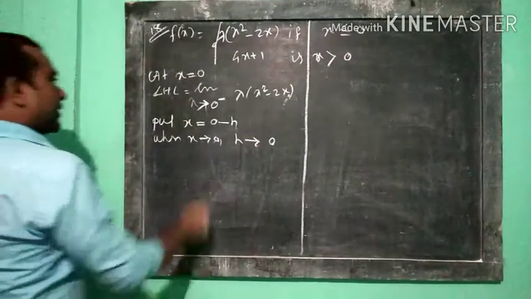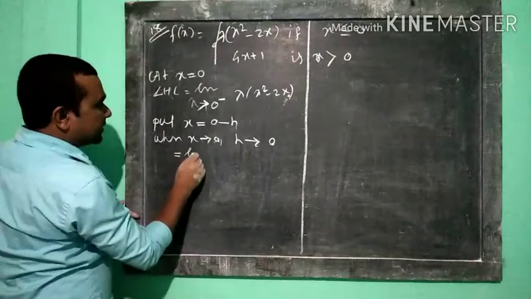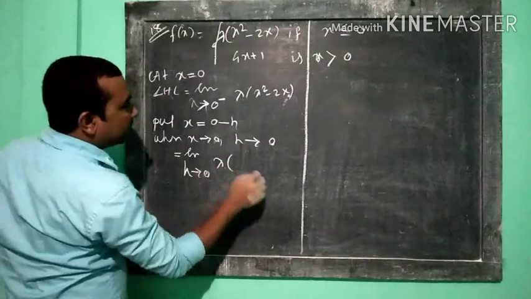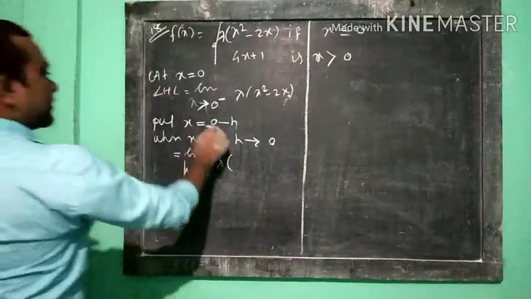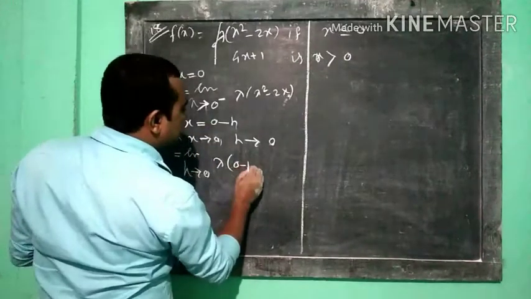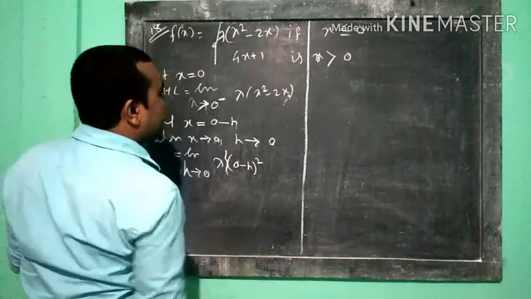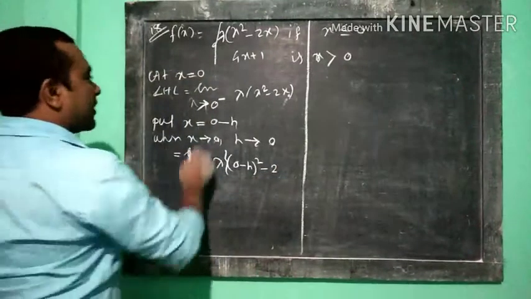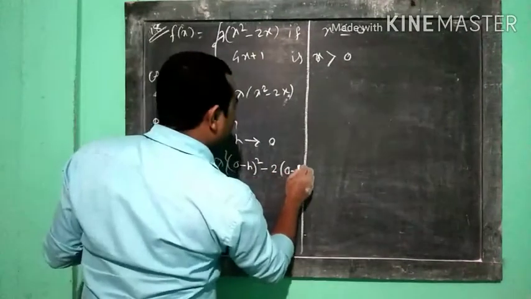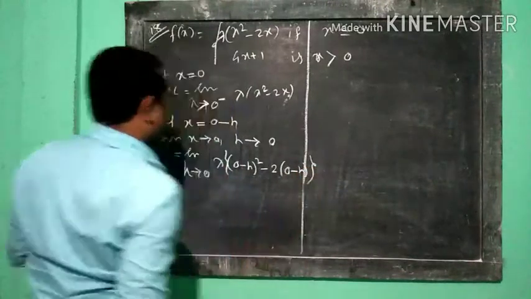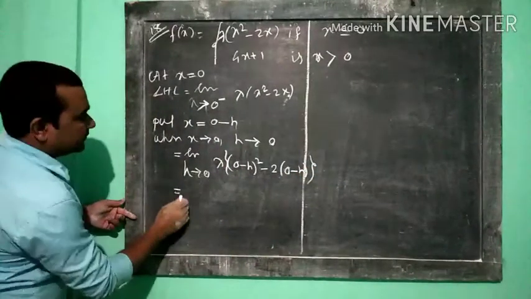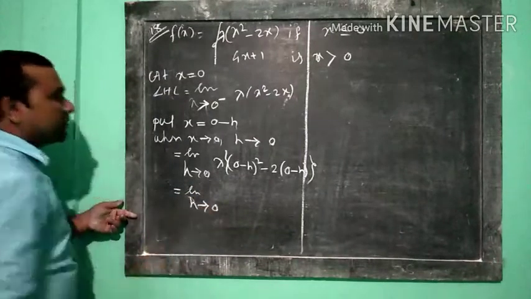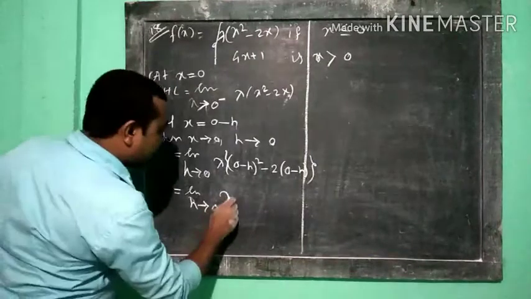So if we put in this equation, this is limit h tends to 0, lambda is lambda, and x is replaced by 0 minus h. 0 minus h whole square, second bracket minus 2x, where x is 0 minus h. This is equal to limit h tends to 0, lambda whole into